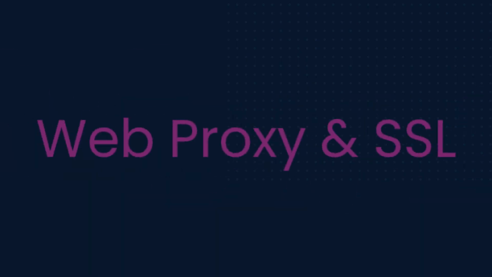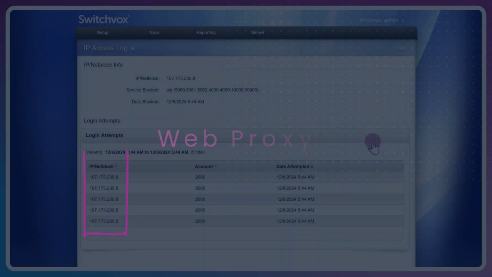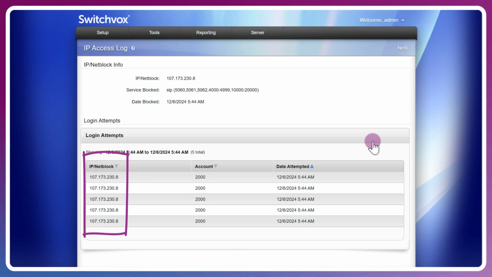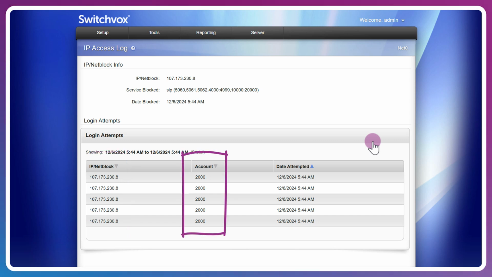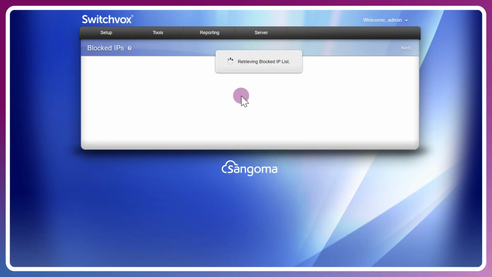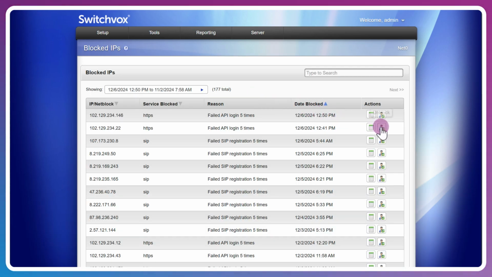Take a look under actions to view details. And in this case, it was a single IP address. It wasn't a range from a net block. They attempted to register with the account extension 2000, and the attempts would match the thresholds as well. And we can see here that they're blocked on all SIP ports, including the UDP, TCP, and even RTP ranges. Let's head back and take a look at the unblock under actions if we'd like to unblock that.